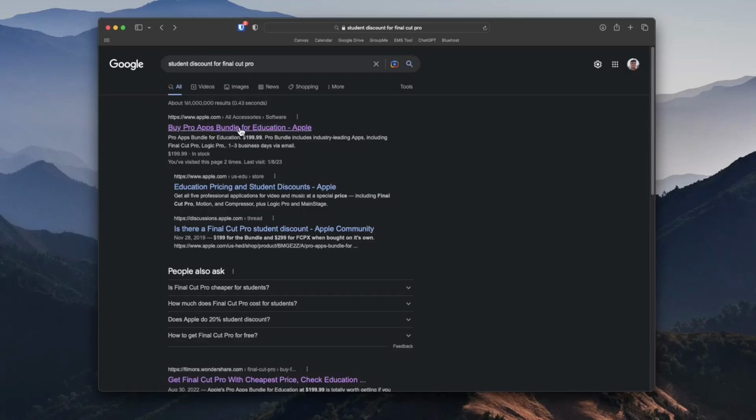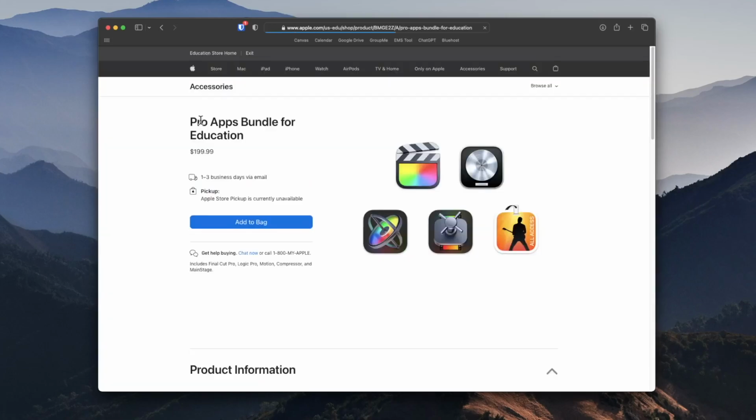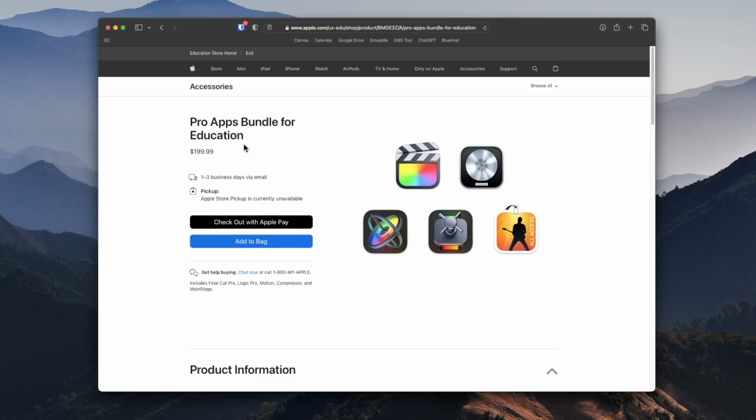In this video, I'll cover how to get a student discount for Apple apps such as Final Cut Pro, Logic Pro, and Motion. So here on Google, I just Googled student discount for Final Cut Pro, and I'm going to click on this first link that says Buy Pro Apps Bundle for Education. And this is going to bring us to the Apple Education Store, which gives student discounts on software and Apple